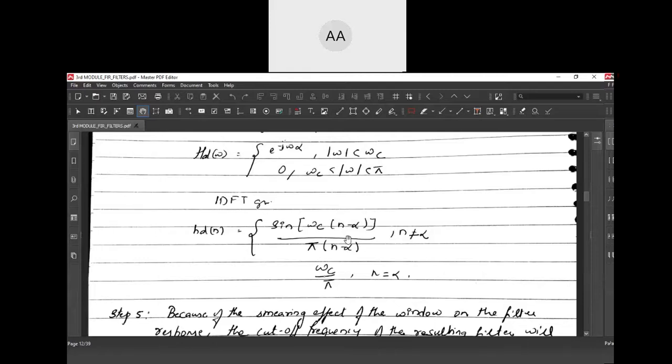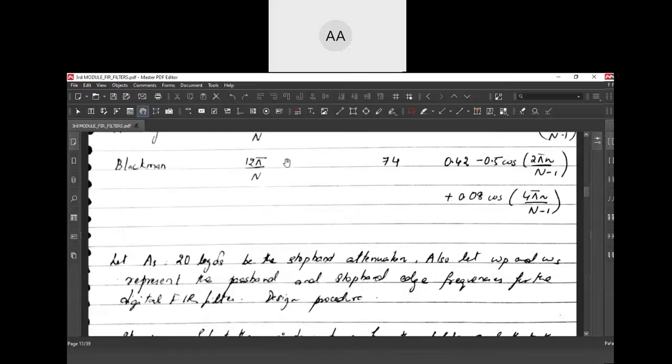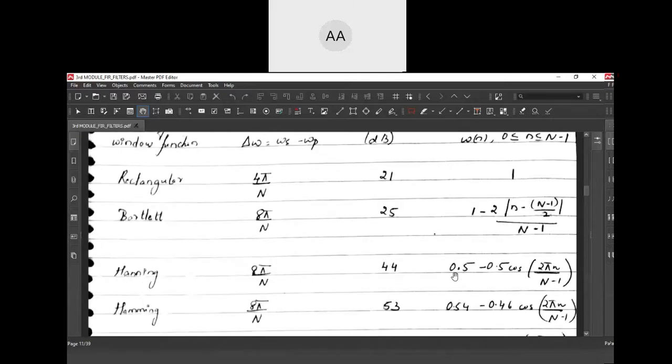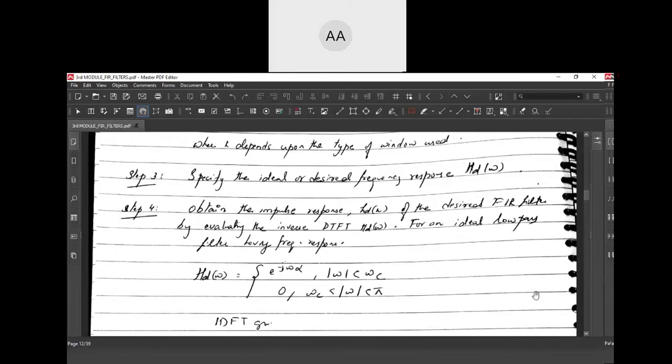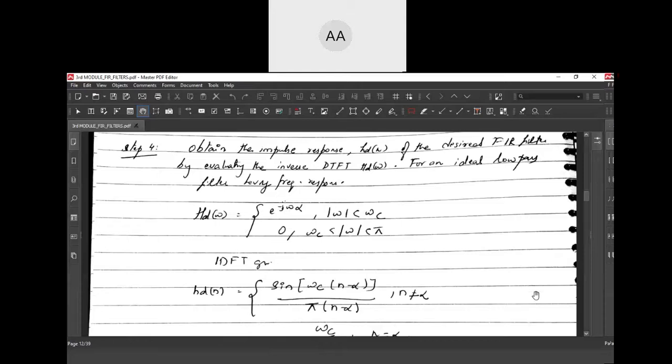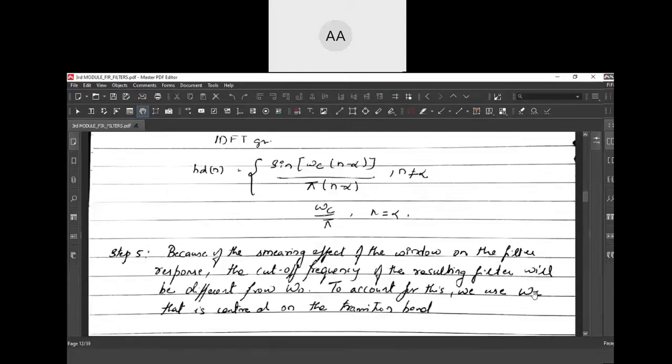This chapter is such that for an FIR filter, low pass filter, the steps are the same. The value will definitely be given like this. Only the alpha value will change, or the window will change. The integration remains the same, the answer remains the same, everything remains the same. So if you do it for all the filters and keep it with you, in the exam all that can vary is this alpha value, or the attenuation can vary a little bit. The window that you choose will vary. Apart from that, everything is going to be the same. So it's actually very easy. It's very simple to do a few problems. Not at all to worry.